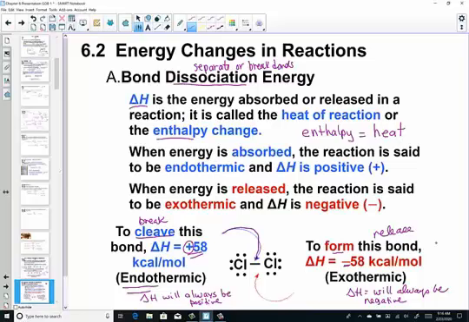So the word enthalpy change, enthalpy is really just nothing more than heat. It's a thermodynamic property in chemistry. Perhaps if you had a high school chemistry, you learned about enthalpy. Perhaps you even heard about entropy, which is disorder. And these are just thermodynamic properties. Delta H, enthalpy. Delta S is entropy. We're looking at enthalpy, a thermodynamic process. Just think of it as heat, how much heat is associated during a chemical change. If it's being absorbed, endothermic. If it's being released, exothermic.